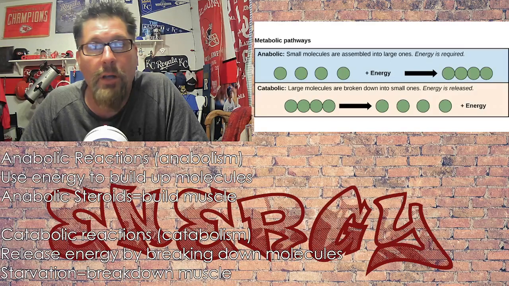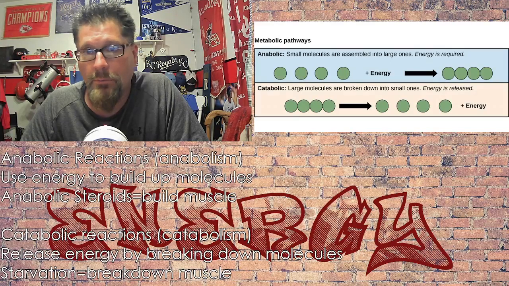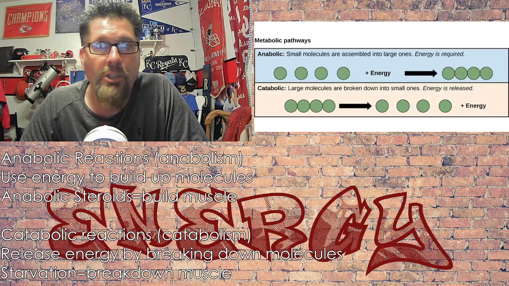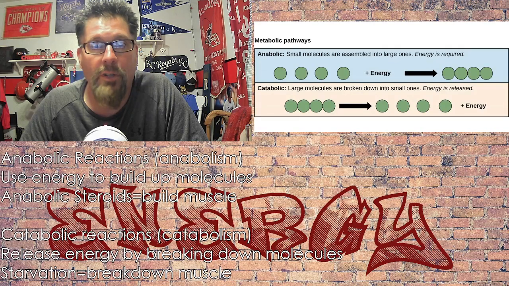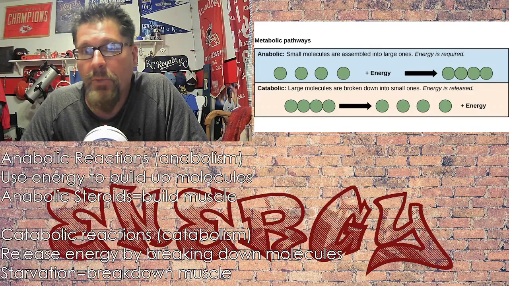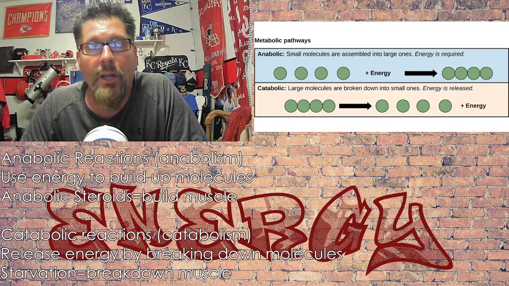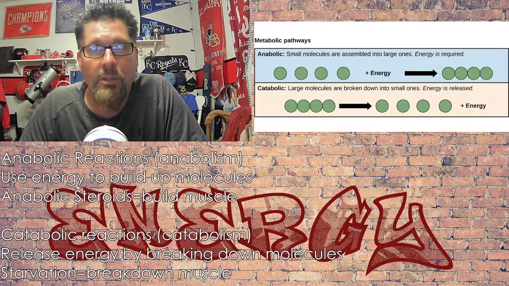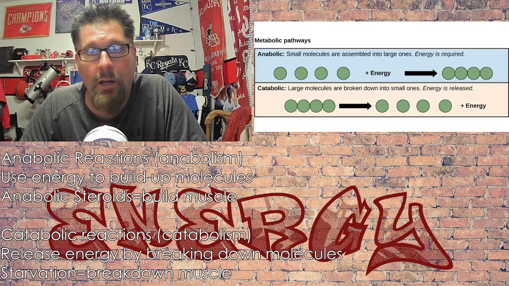Now, the interesting side of when cells do this, it's an exponential release. It's not just whatever energy you put into it is what you get out, because that wouldn't be beneficial at all. The way to think about that is think about a firecracker. When you think about chemical reactions, the heat from the fuse greatly exponentially grows the amount of energy that's released when that firecracker explodes. It took a little bit of energy to build it, but because of a chemical reaction with the gunpowder and the heat, you get an exponential release of energy.